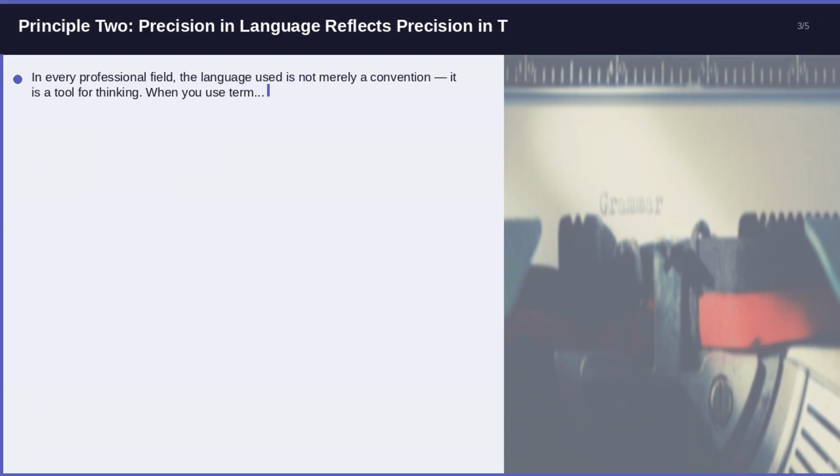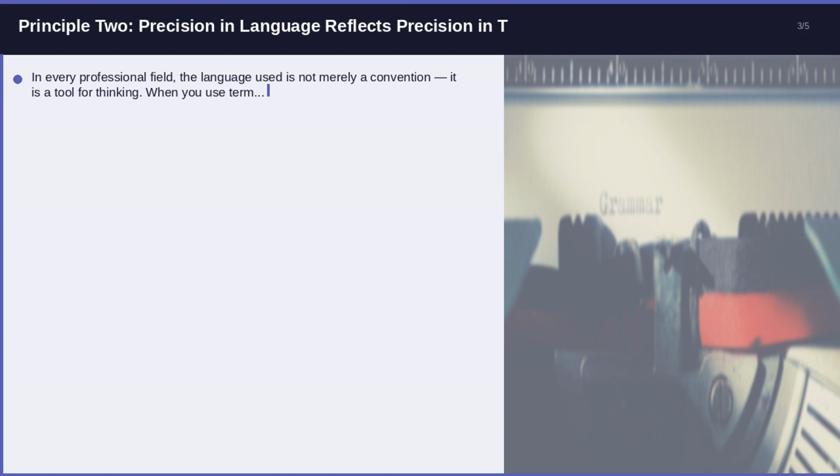Principle 2. Precision in language reflects precision in thinking. In every professional field, the language used is not merely a convention, it is a tool for thinking. When you use terms loosely or interchangeably when they are not interchangeable, you introduce ambiguity into your own reasoning. Students of cybersecurity compliance, ISO 27001, who invest time in understanding terminology precisely find that their analysis becomes sharper and